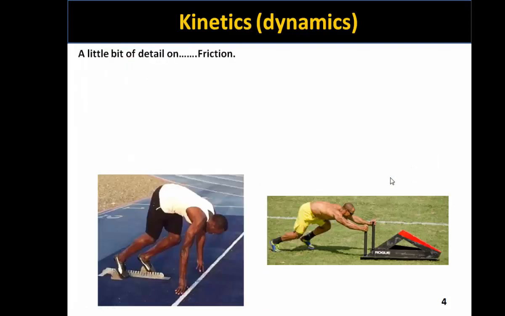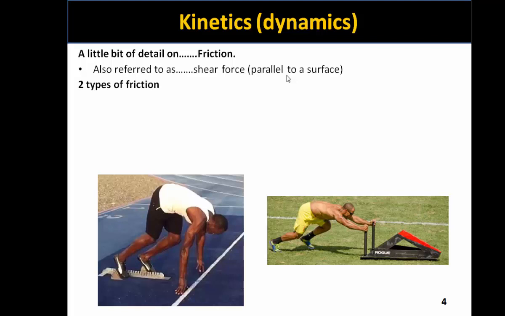Okay, a little bit on friction, because we're dealing with objects in contact with an external surface. When we talk about friction, it's also referred to as a shear force. So friction and shear are terms used interchangeably. Both refer to forces that are exerted parallel to a surface. Recall that forces at a right angle or perpendicular to a surface are referred to as normal forces. And there are two types of friction. The first type that we'll deal with here in this lecture and in other applications in the course